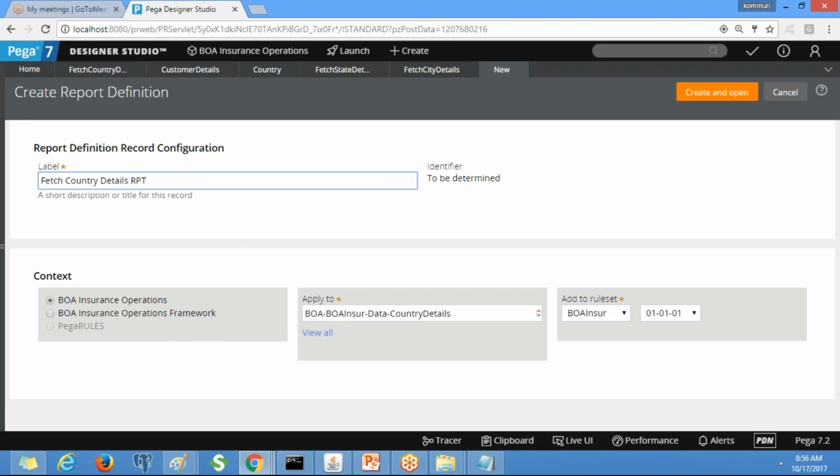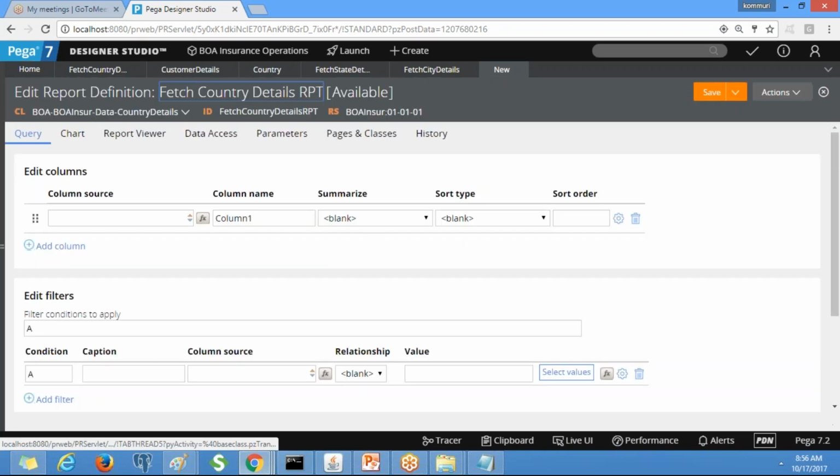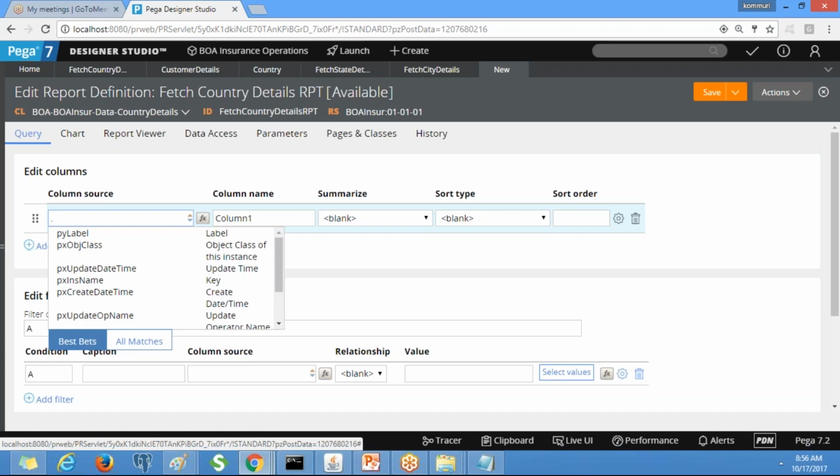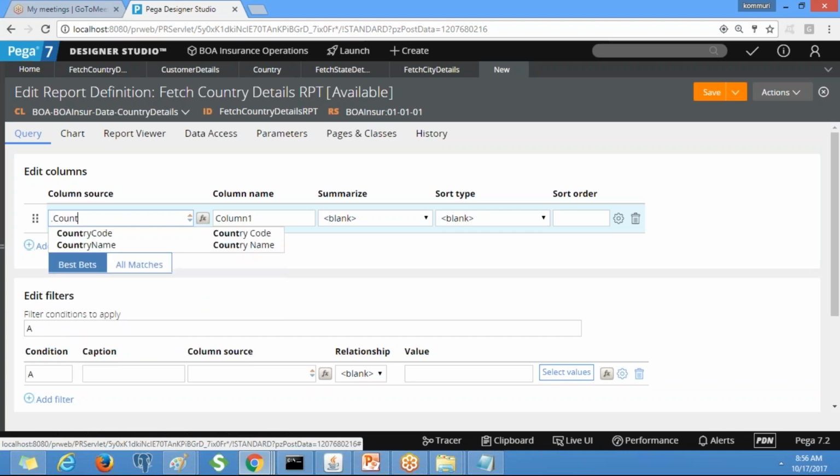This is the label name: Fetch country details RPT. That means it is a report definition rule. Click on create and open. You need to select from the autocomplete field.